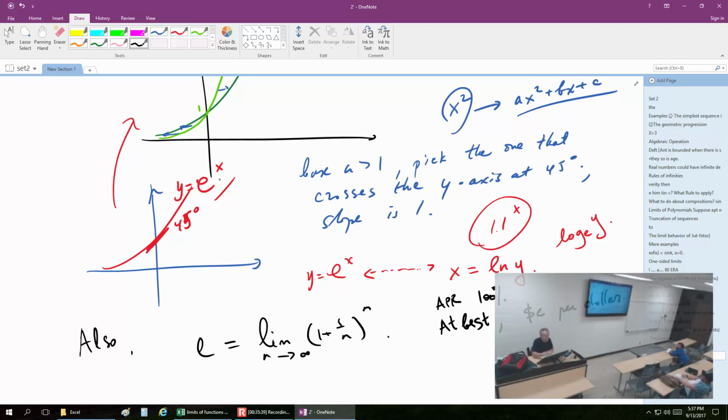Okay. But this one is actually probably more important, that it crosses at 45 degrees, the slope is 1. A lot of calculus will be relying on that. Okay, so there's still quite a bit of stuff that we need to talk about as far as continuity is concerned. And for one, let's look at the